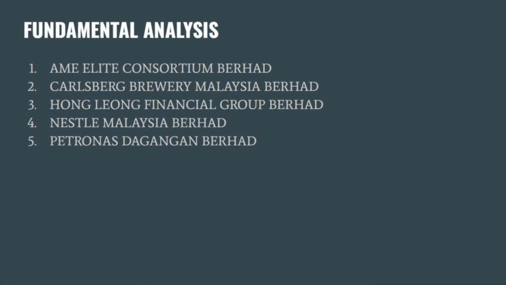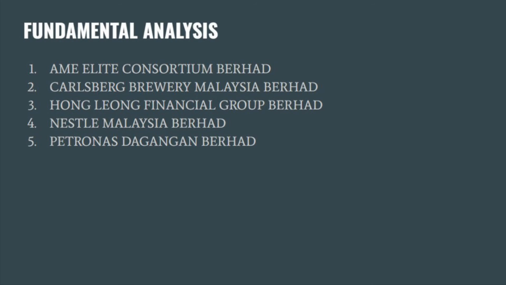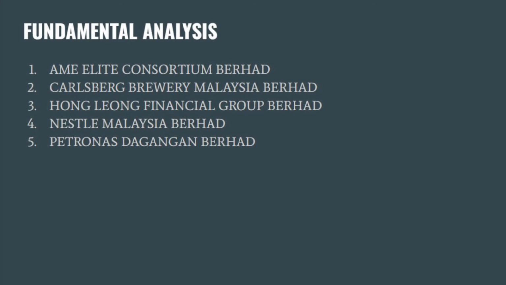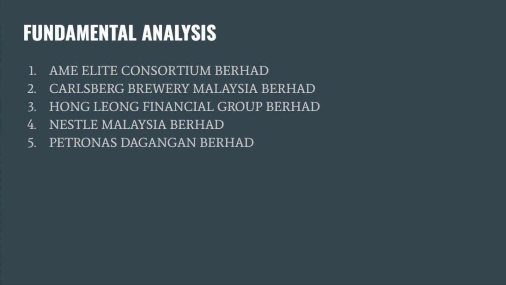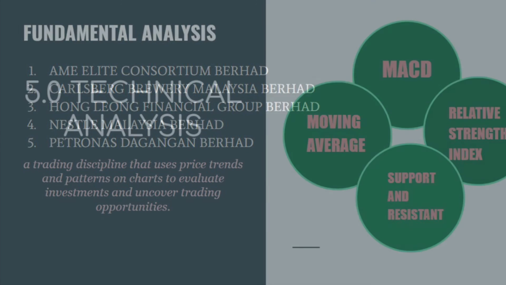Next, Petronas Dagangan Berhad has a decreased trend in total assets and total liabilities, but an increased trend in total equity. There is a decreased trend in revenue, gross profit, operating income and net income of the company. The company's current ratio is increasing, indicating that it is making good use of its current assets or short-term financing facility. As for the profitability ratio, the company has a decreasing ability to generate income from its assets, equity and sales, which is unfavorable to the investors. In the years 2019 to 2020, both common stock ratios show a downward trend. That's all from me. Thank you.